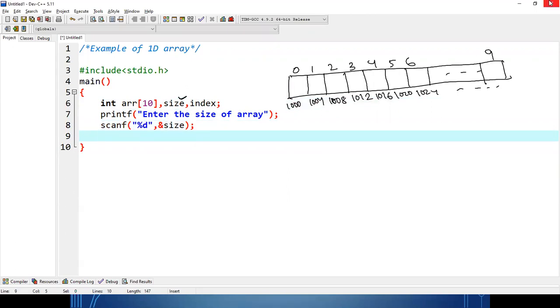Suppose I have taken the input for the size as 5, that means I am only interested in indices 0 to 4. This much I am interested to operate. The rest of the memory blocks are available, but I don't want to utilize them.